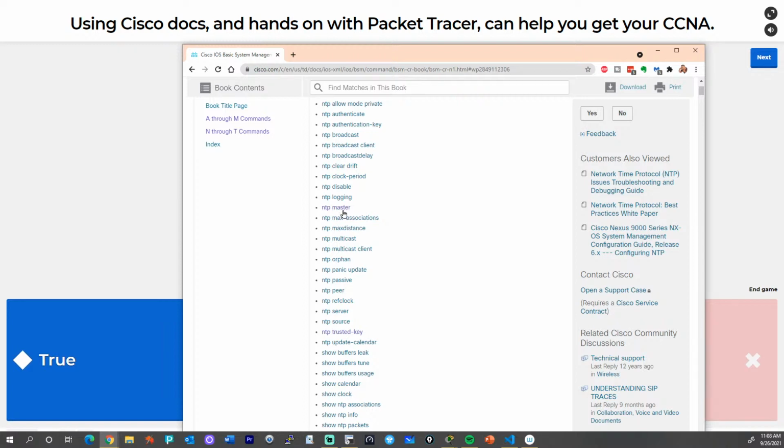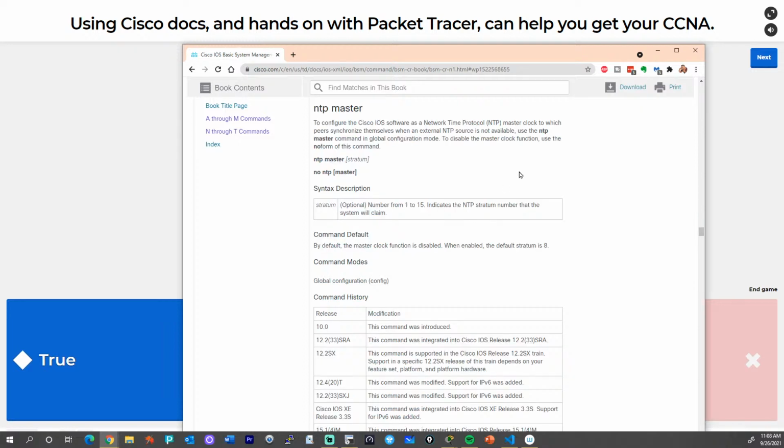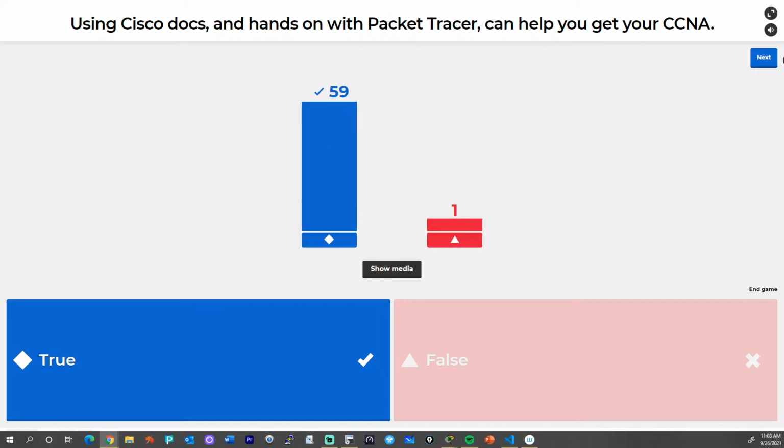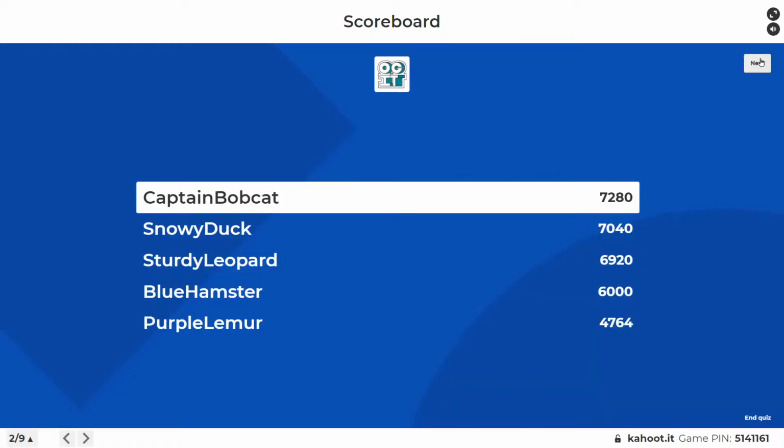Now, yesterday, I could not remember the benefit of NTP master because it's not always needed. You don't always have to do NTP master, and it's coming up in a quiz question, so I'm going to leave it for a moment. But I just simply went to this documentation, looked it up, verified it, and said, yep, that's what it does. So the actual documentation and some hands-on practice in a simulated environment is great, and it can help reinforce these skills. Those skills will help you because when you get to production networks, if you know how something works or how it should work, you're going to be better at troubleshooting and working with it.